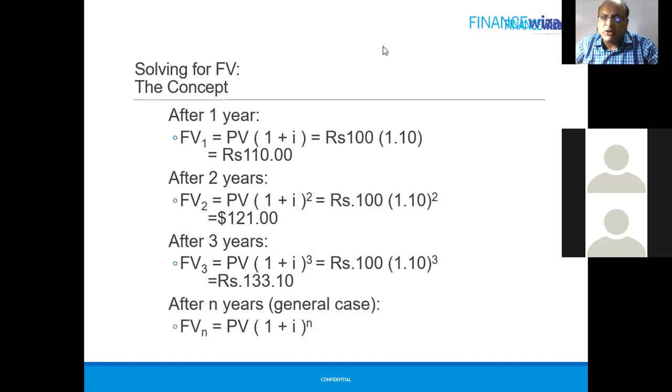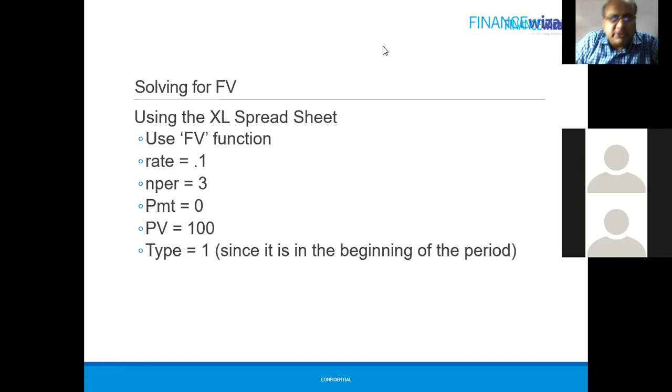So we can say the future value of 100 rupees 3 years down the line is 133.1, and this is the basic formula. Future value, general case: future value after n years is equal to present value into (1 plus i) to the power n. This is the generalized formula, the basic formula where we all started. I think we have all studied this formula in class 8, 9, I don't remember when. But yes, we were in school when we studied this formula. This is the formula of compound interest. So what do we say? For calculating future value, we do compounding. And if we have to use an Excel spreadsheet, we use the future value formula. So let's go to Excel spreadsheets.